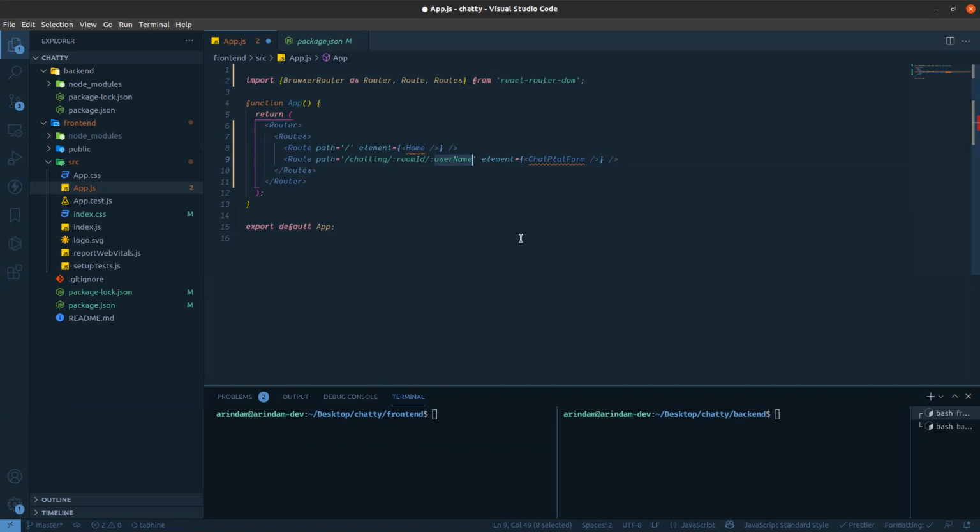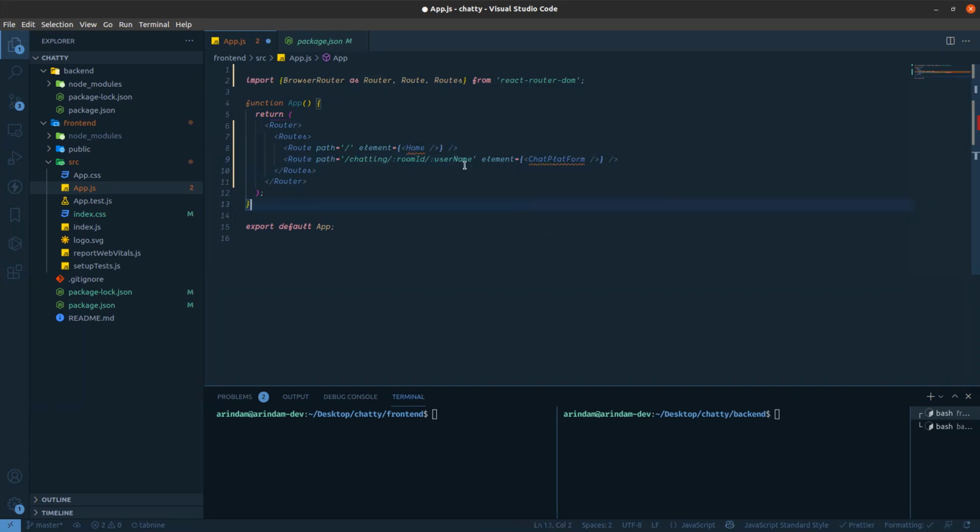So on the chat platform, before that we need to take those two inputs from the user, and when it lands on the chat platform, then we will get these two things from the route. So that's why for one route to another route, I need to pass the data. So via parameter I am passing.